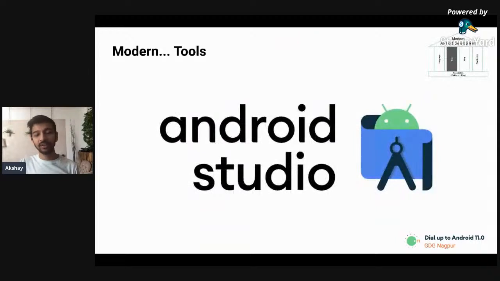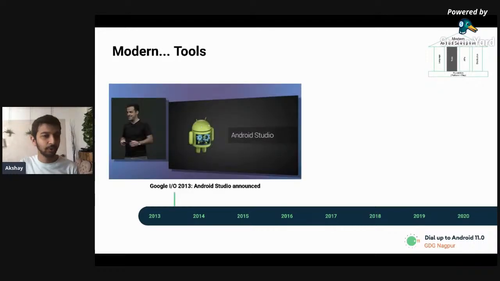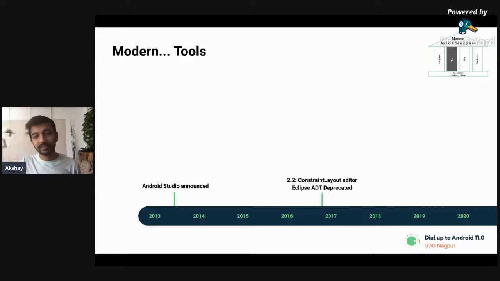The second pillar is tools. On the tool side, we all know and love Android Studio. But let's look at a bit of history. In 2013, Android Studio was first announced. The reason being, previously it was Eclipse with the ADT plugin. With Android Studio, the Android team could add a lot of amazing features and customize the IDE as they wish and how they want it to be, so that developers could leverage all the features they want to give us. Since then, they have